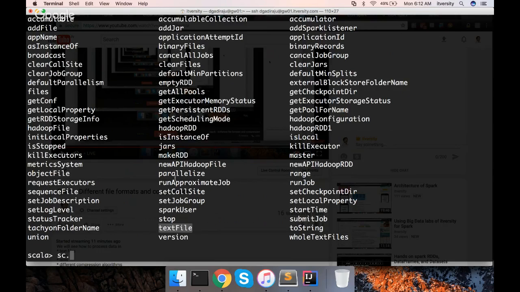On top of these three things, there are a couple of additional file formats. One is new API Hadoop file, and the other one is Hadoop file. So Spark is just a distributed compute engine, and it does not have the file systems or file formats or file system-based APIs as part of the Spark binaries. Instead, it uses Hadoop.